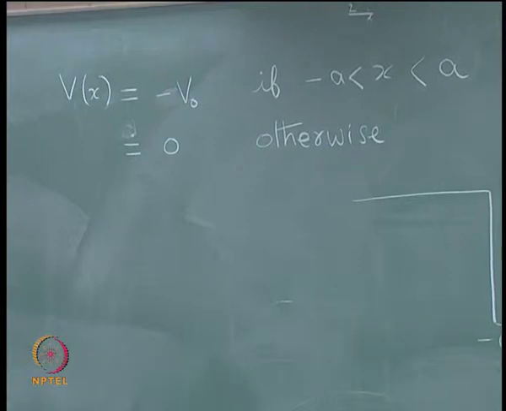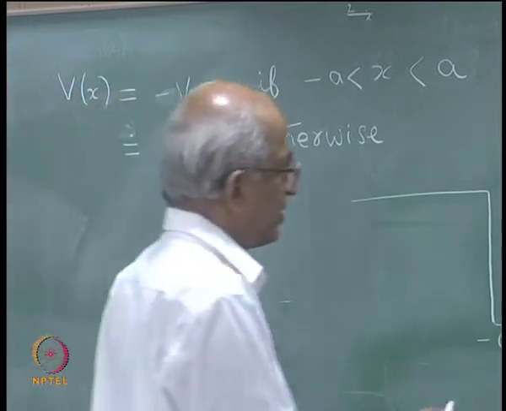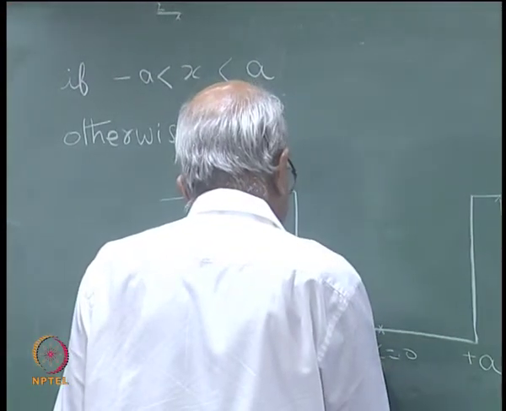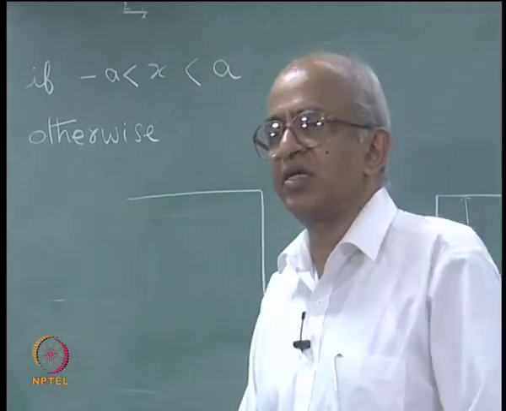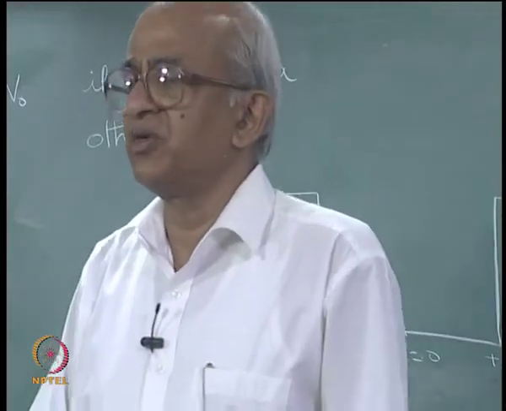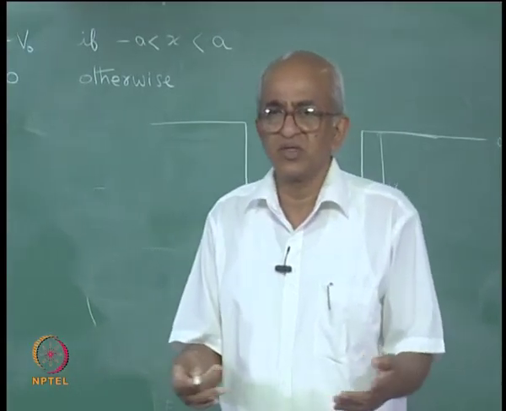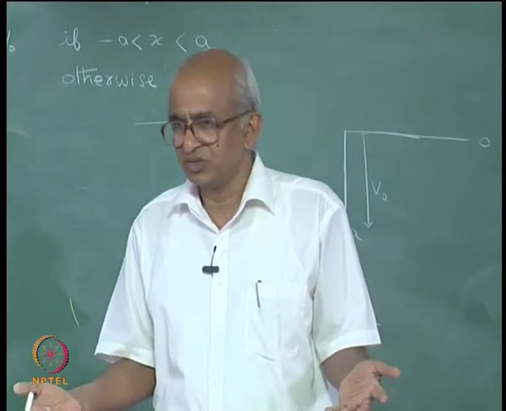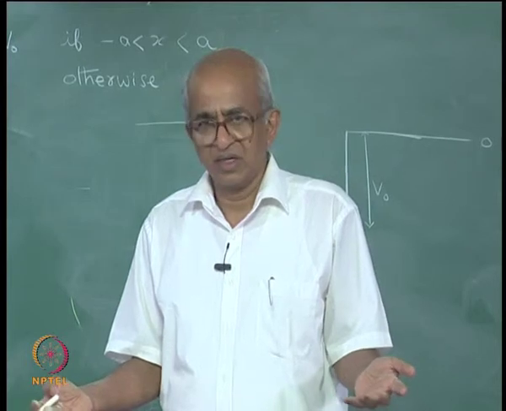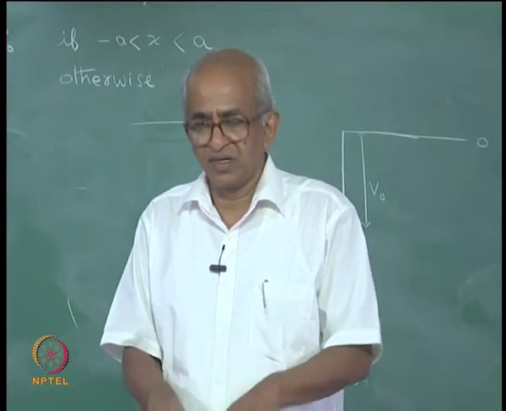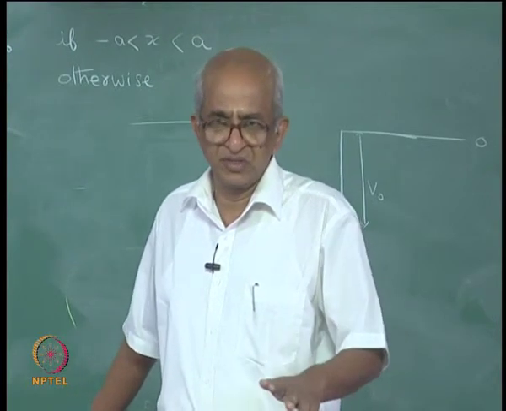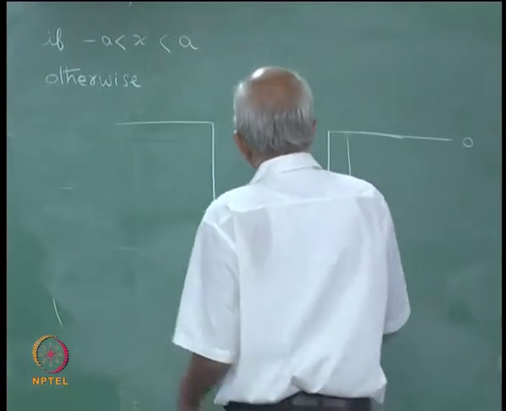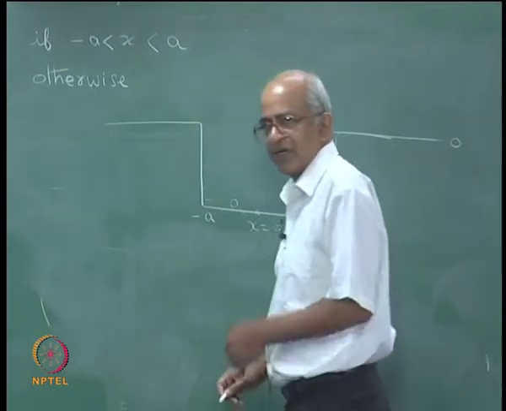Now, before we go into the quantum mechanical description of this, imagine I have a classical particle. What will happen to a classical particle? A classical particle can just sit within the box, then its potential energy will be minus V0 and it is not moving. So the total energy will be minus V0. The lowest possible energy for a classical particle subjected to this kind of potential will be minus V0.